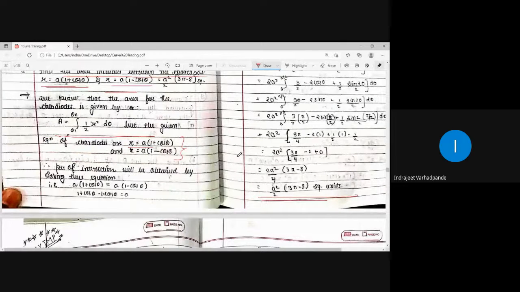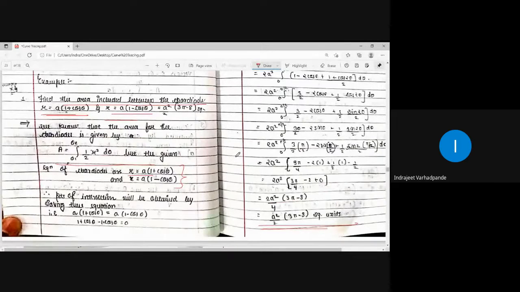So that is how, in the case of polar coordinates, we usually find out the area related to it with the help of the formula half r square d theta. In both the cases, we usually had the cardioids of two different patterns. I am again and again stressing that we will be focusing on the cardioid.